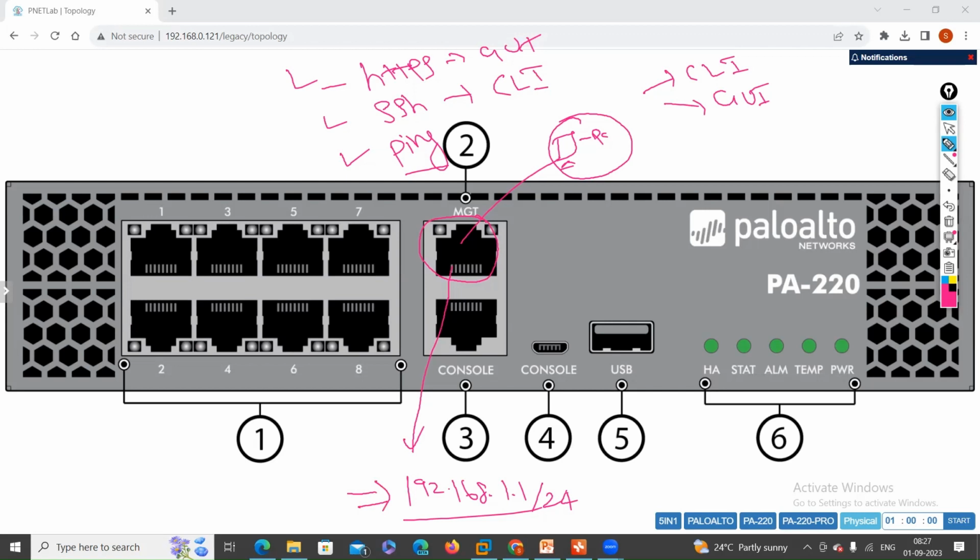Okay, and when you access it the very first time, it will ask you to provide the credentials. The default credentials: the username is admin, and the password is also admin, guys. Username is admin, password also admin. Okay, clear. So now what you have to do, you have to provide the connectivity between your management PC to